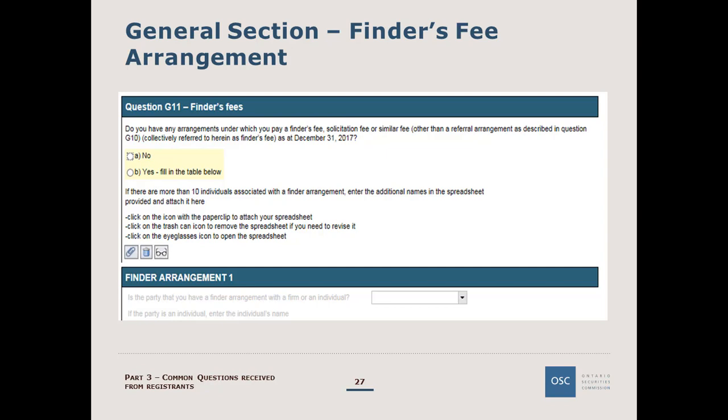So similar to the referral arrangement question, question G11 in the general section is about finder's fees. And again, there are two ways to provide the information. The table for this question will allow for the input of up to 50 finder's fee arrangements. If you have more than 50 finder's fee arrangements or more than 10 individuals associated with a finder arrangement, complete the table for the first 50 and then complete the spreadsheet provided for the balance and attach it to your